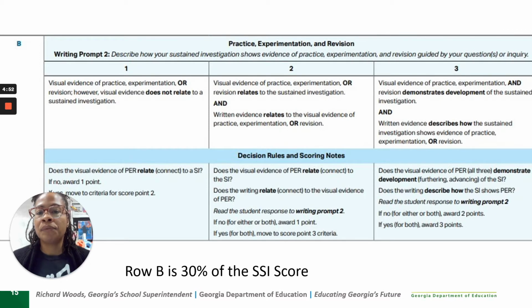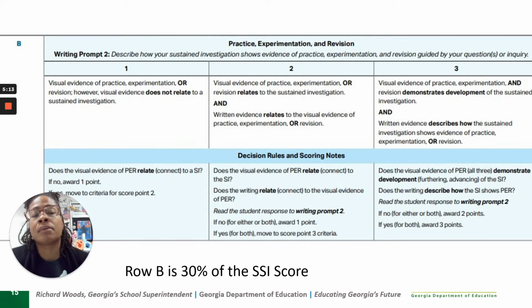Awards them a score point of 2. And I want to point out the relates and then the does not relate. And then there's the and, right? So there's a connection between the visual and the written. So if all these questions are answered a yes, right, we're moving on to see if they are scored or